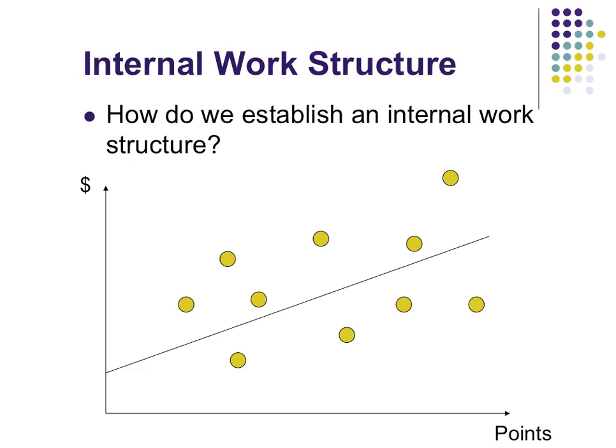And here's a great example of what we want our internal work structure to look like, which means along the x-axis, which is across the bottom, is all the point values for the particular job. So it might rank between 0 and 600 as we were looking at in our examples. And then the dollar sign on the y-axis represents the amount of money we pay per hour or per median rate for the work that people do. And so higher paid individuals should be paid more for their efforts, and typically they have higher points, which means that the jobs are more valuable. And then jobs that are lower in points will be paid lower money, and that's how we want to basically set that up.